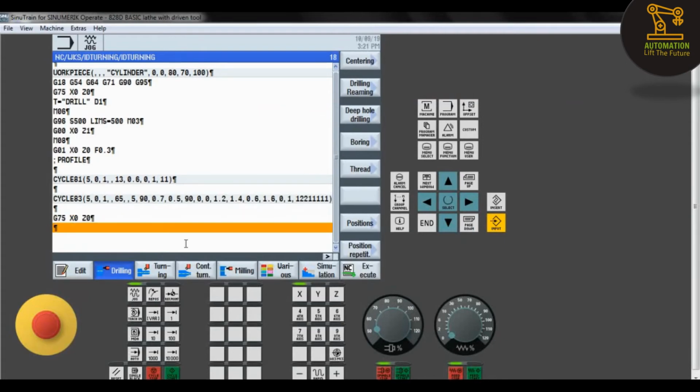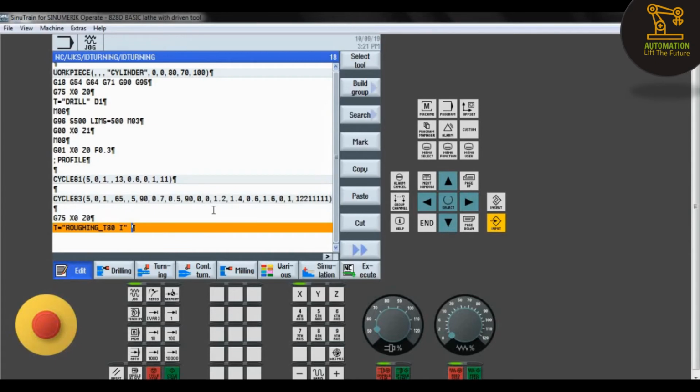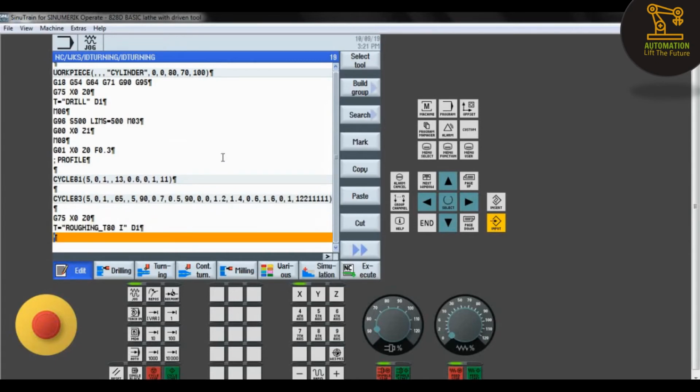And next we have to change the tool, so I will take roughing, no, I have to take the second edge position of the tool, so I take fourth tool as I was performing roughing operation. The radius is 0.8, so you can see there is third edge position and the fourth tool is second edge position, so I take second edge position. And now D1 and the tool change, and next M06 the tool change at homing position.